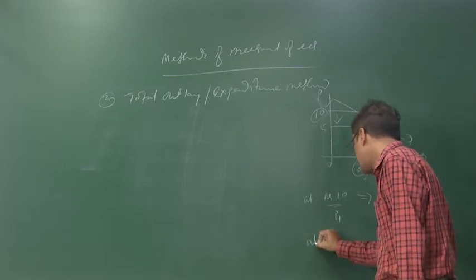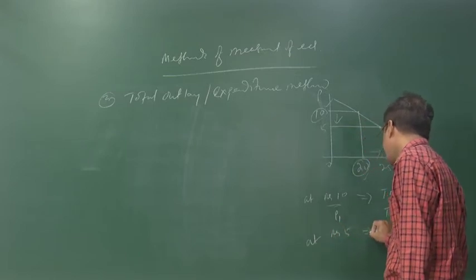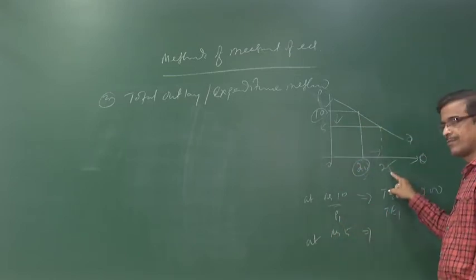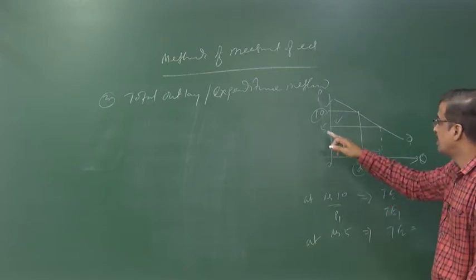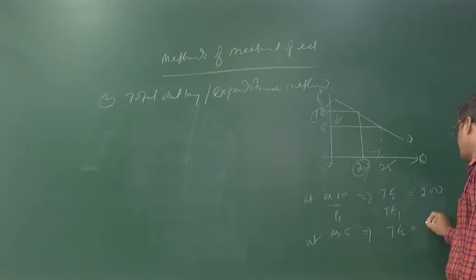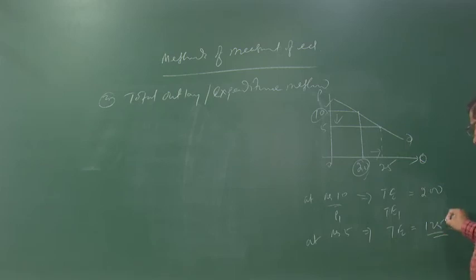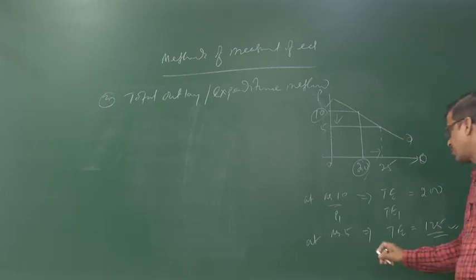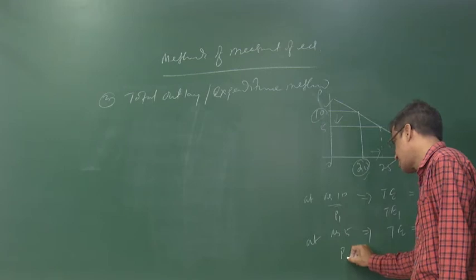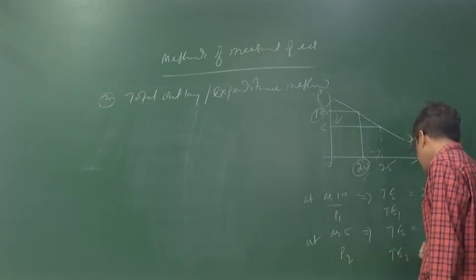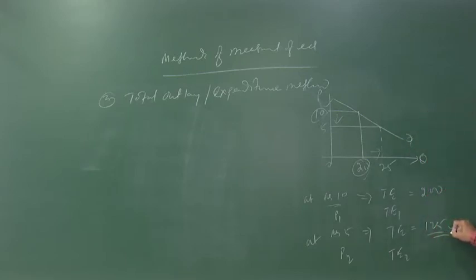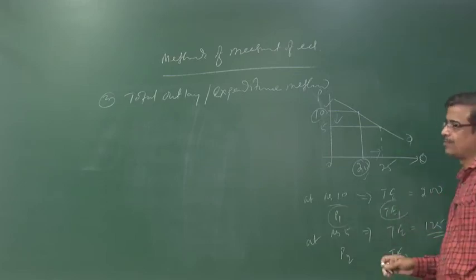Now, at rupees 5, what is the demand? 25. But what is the total expenditure? Total expenditure during that time period, 25 into 5, what is it? 125. This is the total expenditure in terms of rupees. So the total expenditure is 125. What do you find? When price falls from P1 to P2, does total expenditure increase or decrease? Total expenditure decreases. We have to compare these things, price and total expenditure.